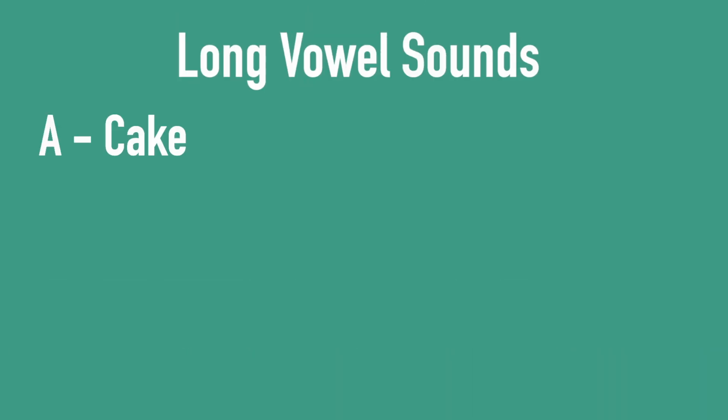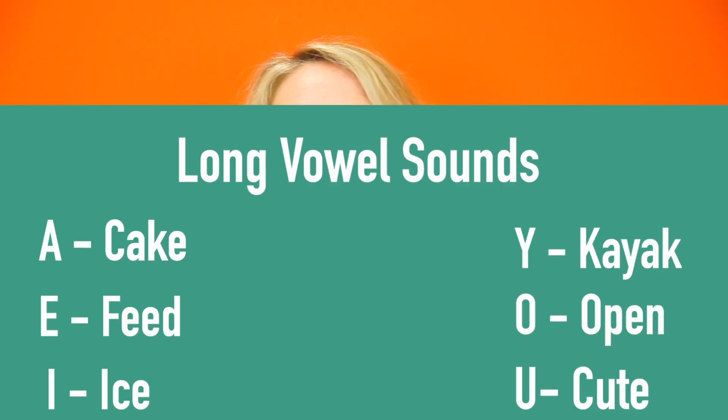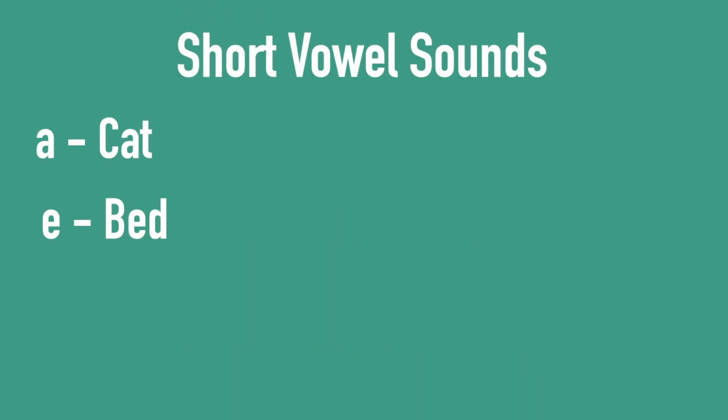The long sounds include A as in cake, E as in feed, I as in ice, and sometimes Y as in kayak, O as in open, and U as in cute. The short vowel sounds include A as in cat, E as in bed, I as in tin, O as in top,